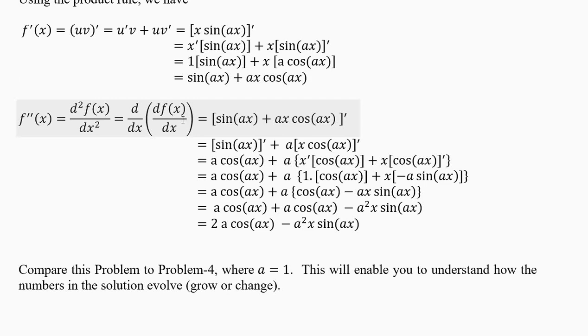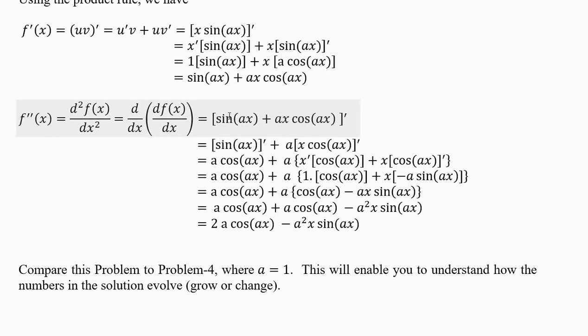Now to find the second derivative is to find the first derivative of the first derivative. So copy the first derivative from here to here. If you have any mistake in the first derivative, then your second derivative will be wrong, and also the third derivative. The mistake will not get corrected. It carries forward almost all the time. Now here you are adding two things. It is the sum. To do sine ax separately, ax cos ax separately.